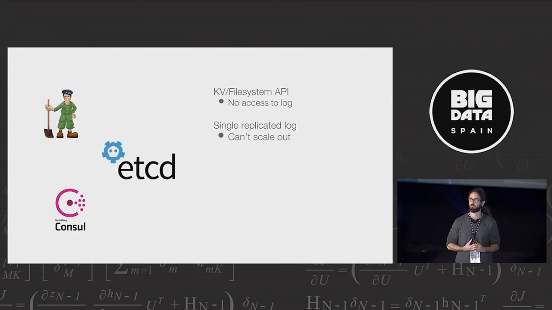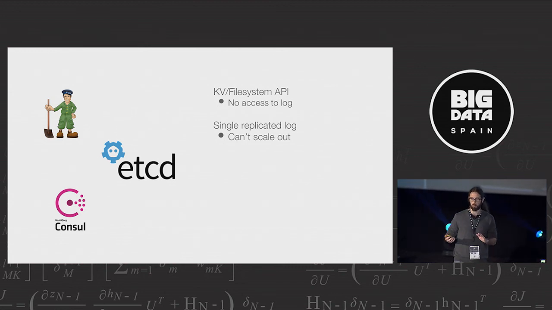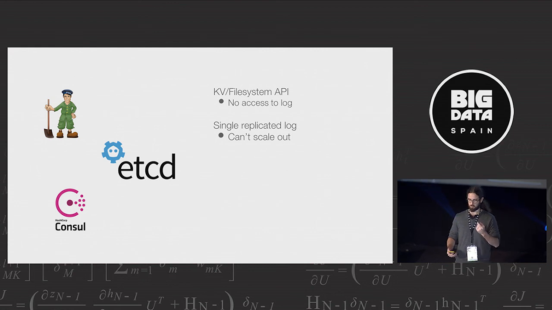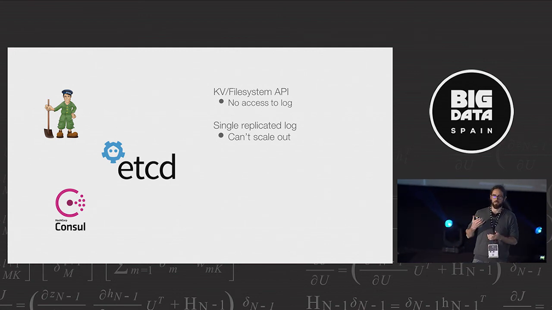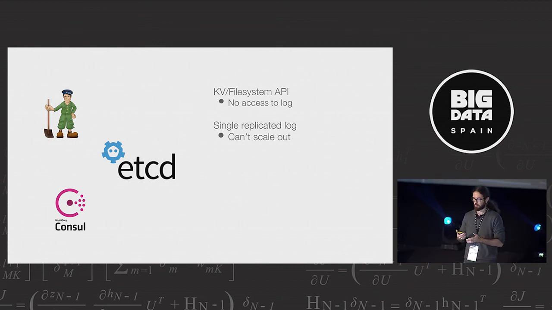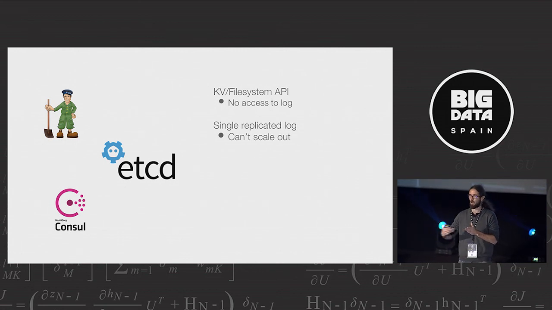Now, there are a number of systems available in open source which implement consensus. So there's Apache Zookeeper, etcd, and Consul. But these aren't really suitable for building a messaging system on using them alone. They provide key-value store type APIs, which isn't ideal for storing a stream of messages. You need something that looks more like a log. And also, though these do have a log,